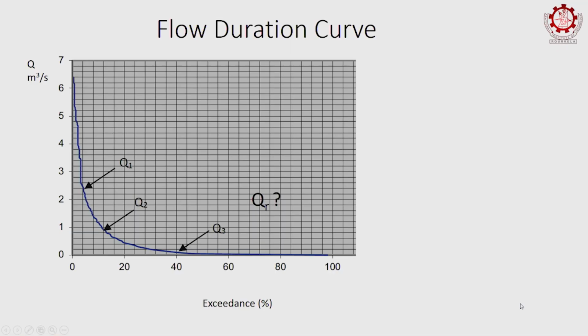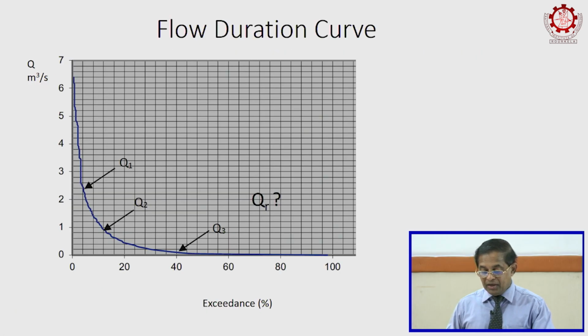So, I will go back to the flow duration curve again. Whether to go for Q1, Q2 or Q3 as the rated flow will depend upon how good your tariff is and what your project costs are. If your project costs are low, because labor is cheap, equipment was cheap, and construction material costs were cheap, then you can justify a higher rated flow, because return on investment is the deciding criterion. Whether the plant corresponding to Q1,